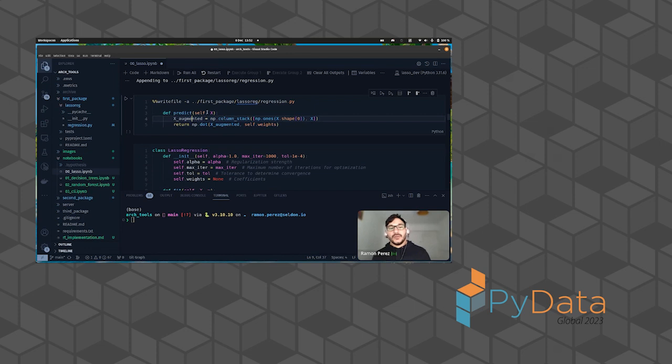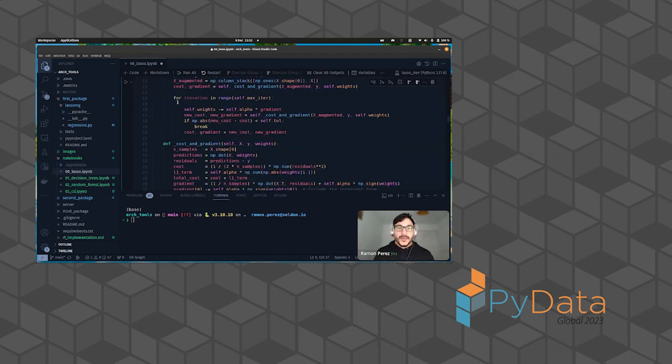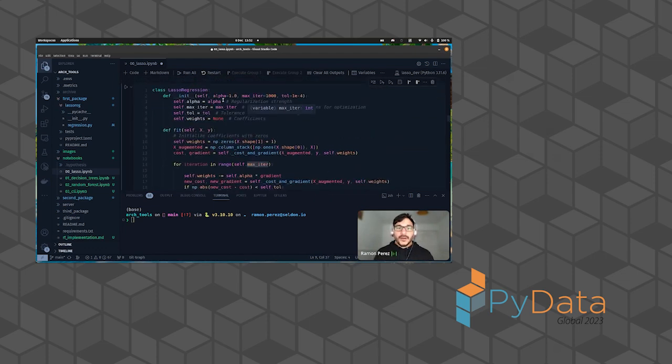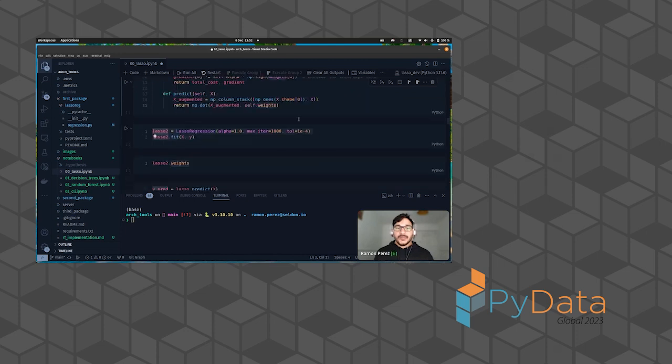The predict is going to take any kind of feature set, any set of values, age, gender, BMI, and all the other features that we have, and pass it through our model. We multiply the augmented one by the weights, sum it up, and we get the prediction back for a value. So if we put it all together into one big class, this big lasso regression class,